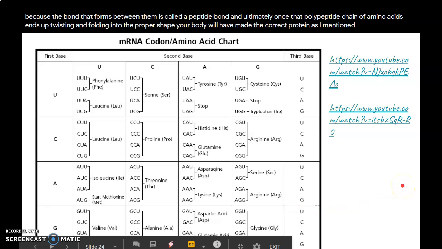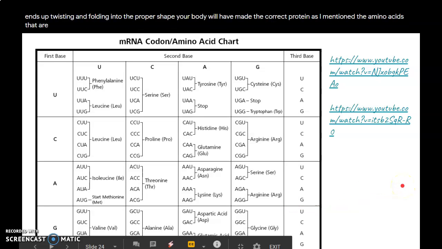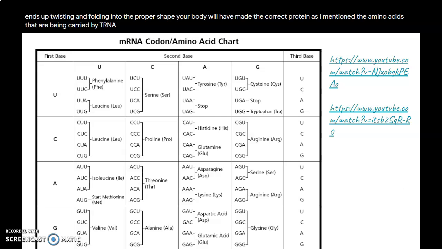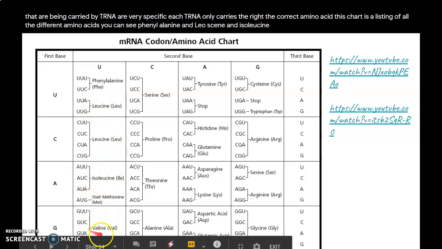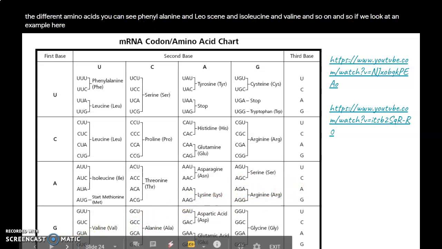As I mentioned, the amino acids that are being carried by tRNA are very specific. Each tRNA only carries the correct amino acid. This chart is a listing of all the different amino acids. You can see phenylalanine and leucine and isoleucine and valine and so on. And so if we look at an example here,